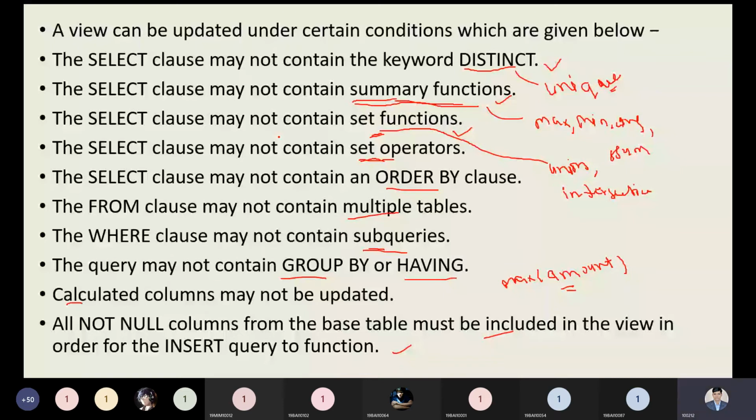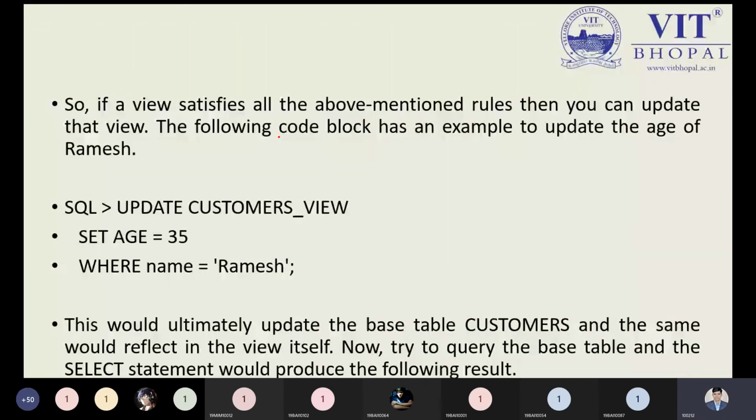I'm just telling you the example right now, because an example is more interesting. By this example you can understand. I want to update the customer's view. See, there's an update on the customer view. Instead of the actual table, I'm taking the view instead of the table, the actual relation.